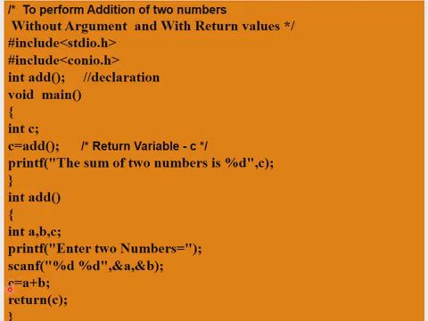Now we have to send this C, or this sum of these two numbers, to the main function. So how can we send this? Using the return statement. So return and the variable is C. C is of type integer, so therefore we have defined the integer return type here. The return statement will pass this C value to the caller function, that is your main function, and this C will be represented here, and the sum of these two numbers will be printed here.